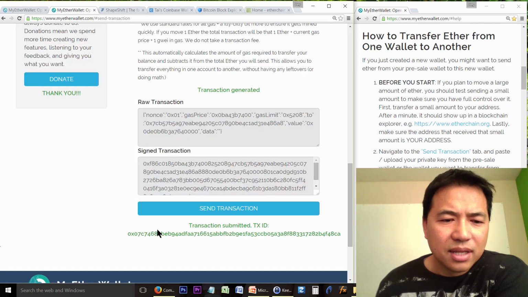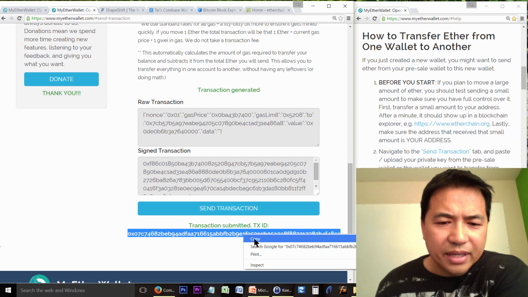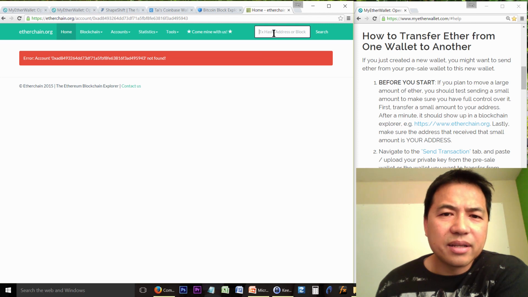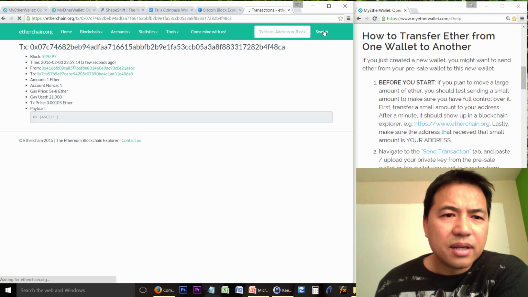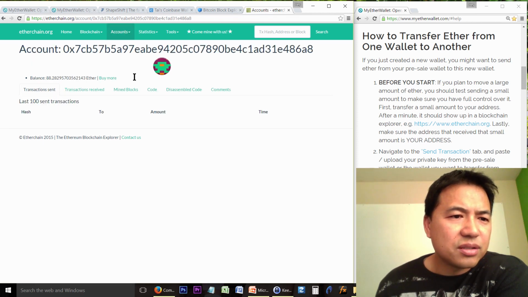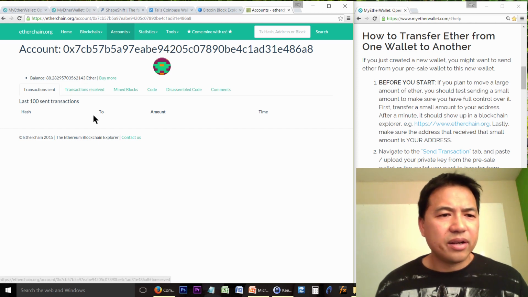Make the transaction. And here's the transaction ID right here, right? So you can copy and paste this and go to your Ethereum blockchain, and in this time when you paste it in there and hit search, the account, it'll show up, okay? And it's from this account going to this account. So this is their donation address here. They've received a total of 88 ethers so far, and let's select,